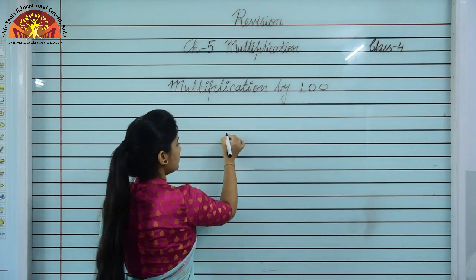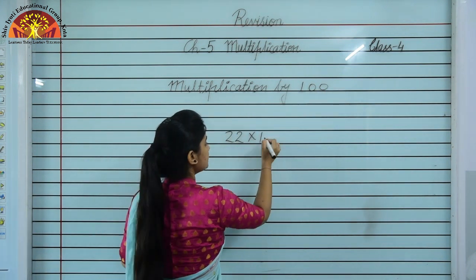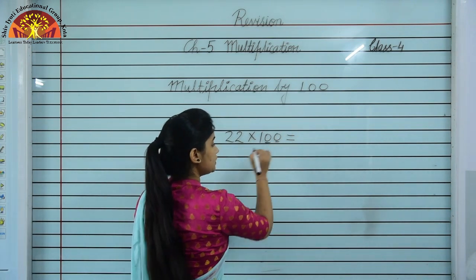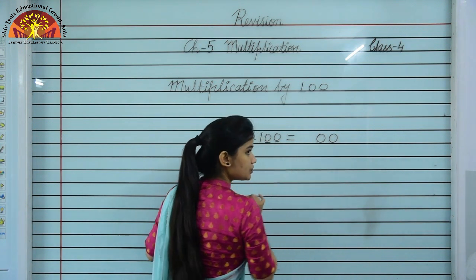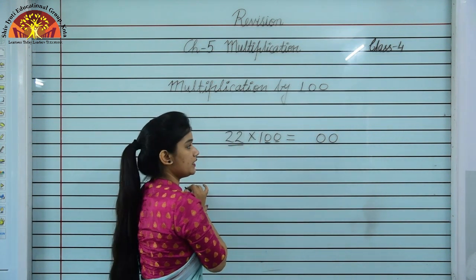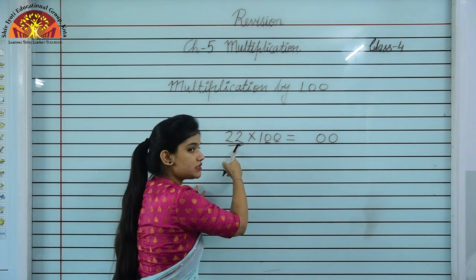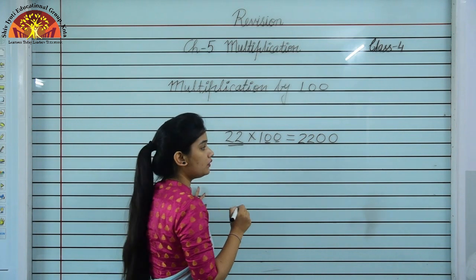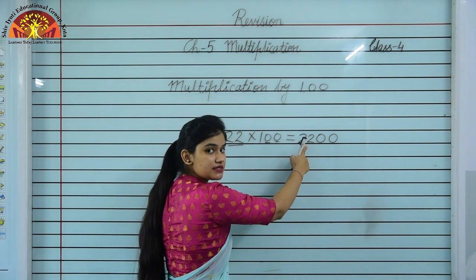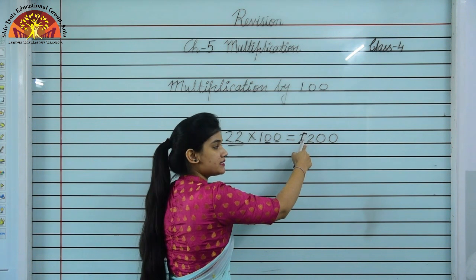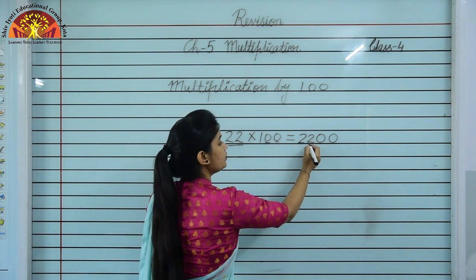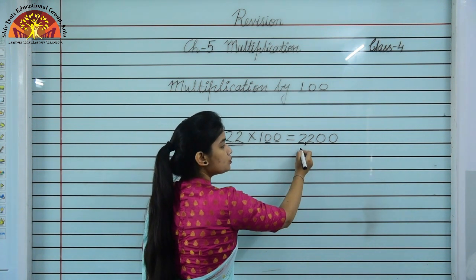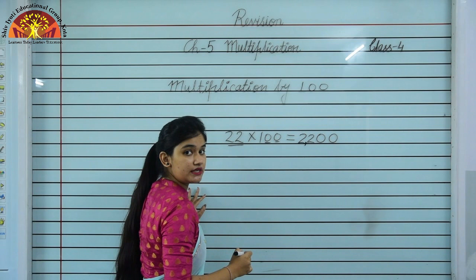Again I am taking a number that is 22 and I am multiplying this 22 by 100. As I have told you, you have to observe the 0 here. We see 2 zeros, so you have to put 2 zeros, students, and the 22 will come as it is because we are doing 22 into 1. And किसी भी number को आप 1 से multiply करोगे, the number will come as it is, the answer will come the number itself. Answer क्या आ जाएगा? वही number आ जाएगा. So here the multiplication of 22 and 100 is 2200. Is it clear, students?